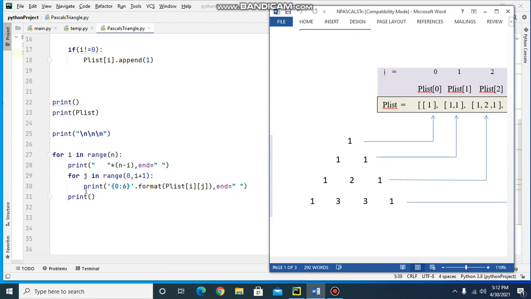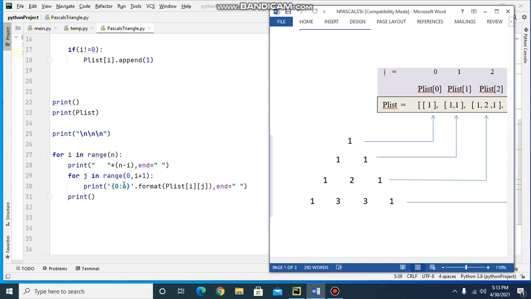Now after that, the control will go back to the outer for loop for the next iteration of i. The value of i now is 2. So it will print 3 spaces into 4 minus 2, that is 2. So 3 into 2, 6 spaces will get printed here. The value of i is 2, so 2 plus 1, 3. So range will be from 0 to 3.